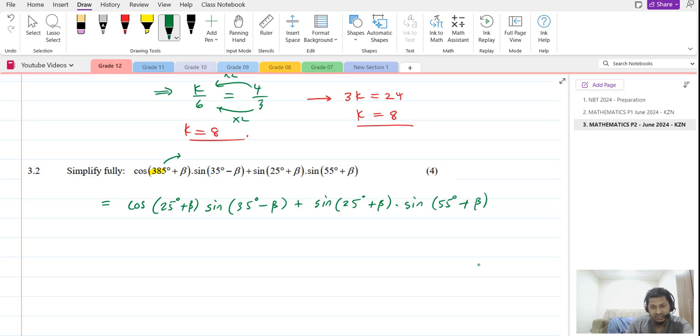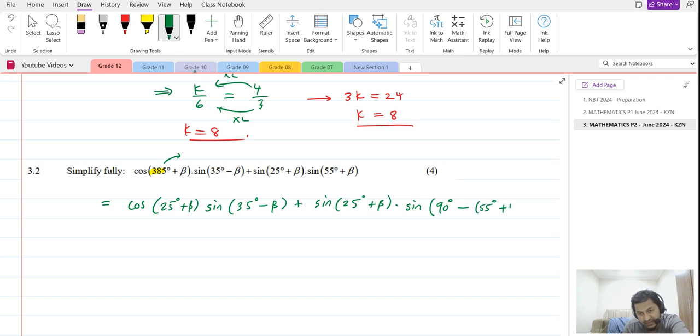We can change the sine here into a cos. We can keep it as sine, because remember what we want. We want 35 minus beta. So let's change the sine into a cos. So we're going to say sine of 90 minus